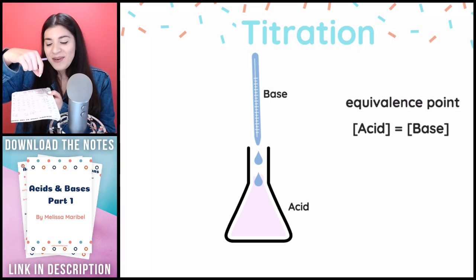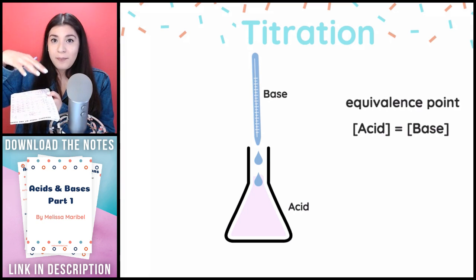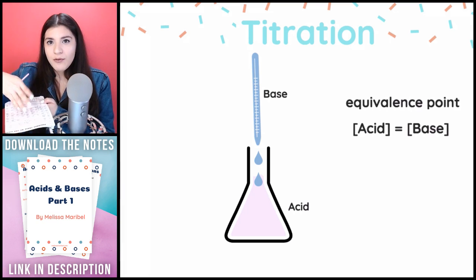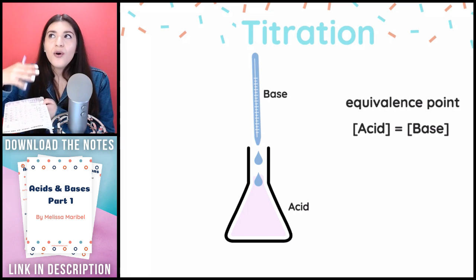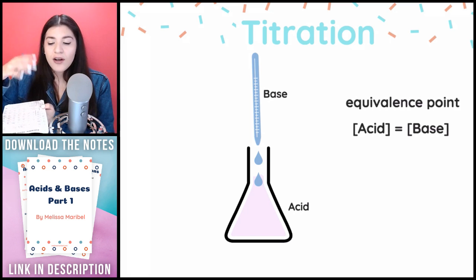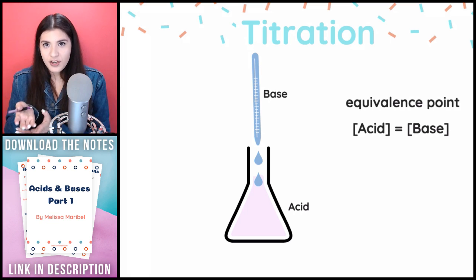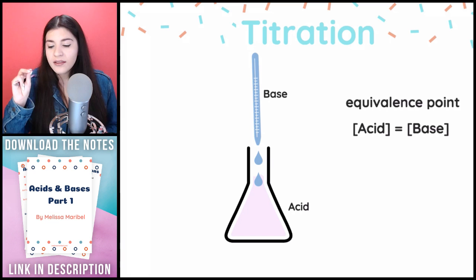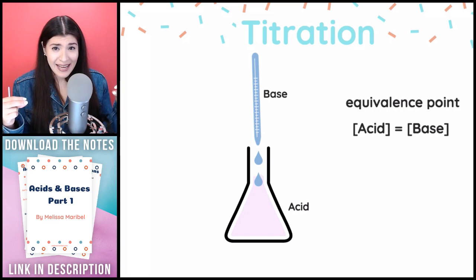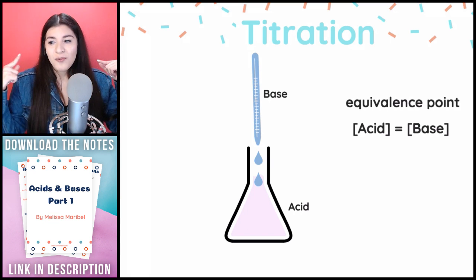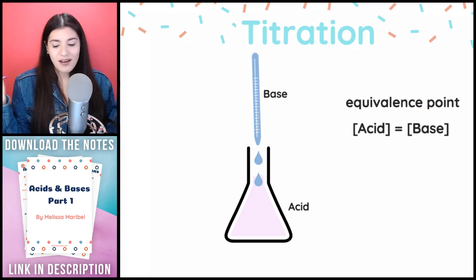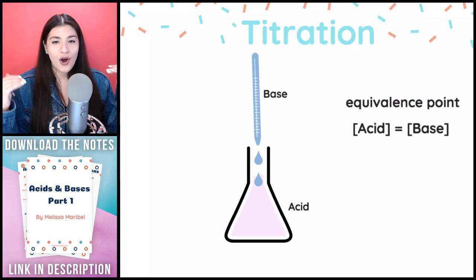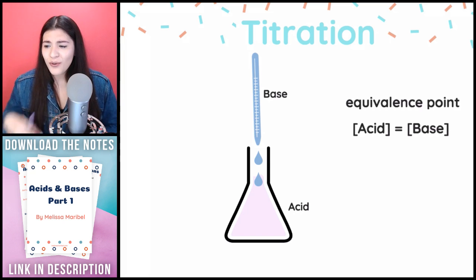So as you drop the base and mix it around a little bit, you're going to see a light faint pink, and that white piece of paper, that reflection is going to help you see, oh, okay, it's actually a light faint pink, or else you're just going to see the reflection of whatever countertop you have. So it makes it a lot easier to see when the actual equivalence point is happening. So I highly recommend using that. Like I said, whenever I would use that trick, my titrations would go so well. So let's keep going with that.